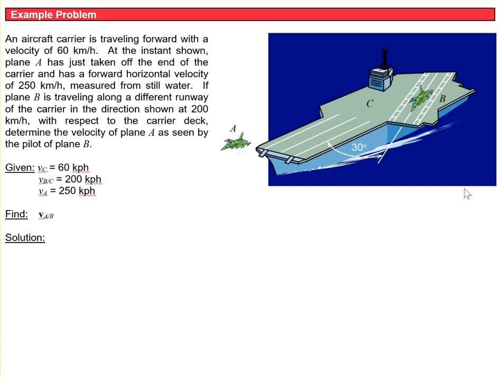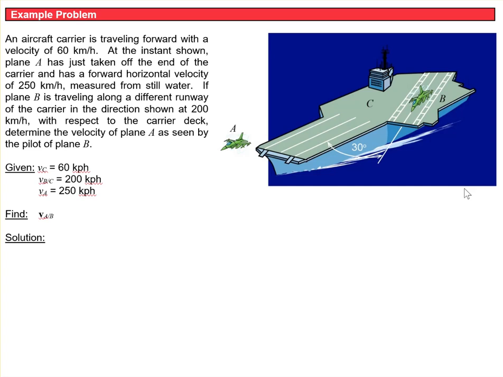In this problem, we have an aircraft carrier that's traveling forward at 60 kilometers per hour. At the instant shown, plane A has just taken off the end of the carrier and is traveling forward at 250 kilometers per hour, measured from still water. If plane B is traveling along a different runway of the carrier in the direction shown at 200 kilometers per hour with respect to the carrier deck, determine the velocity of plane A as seen by the pilot of plane